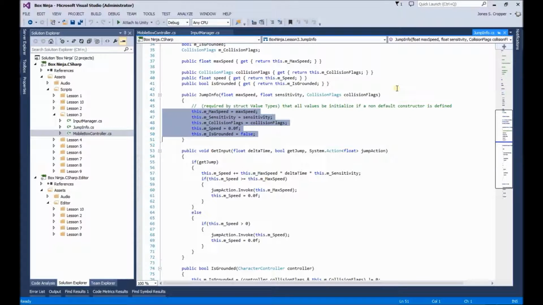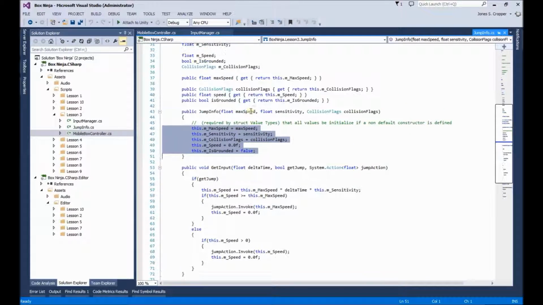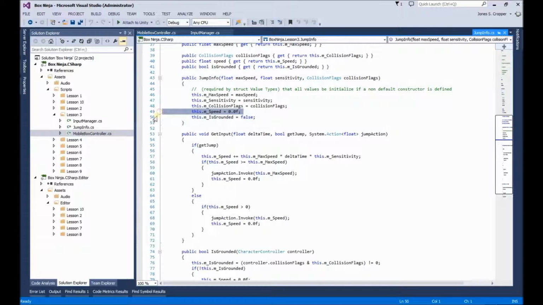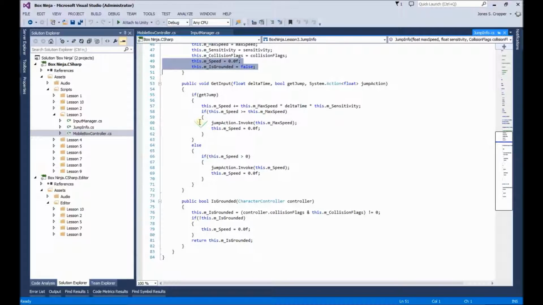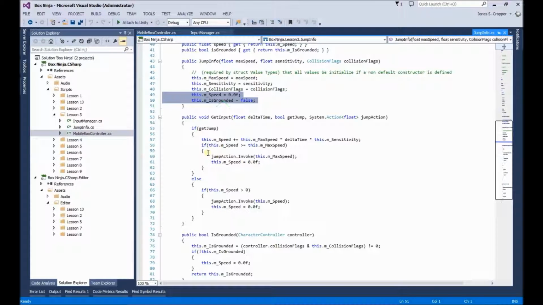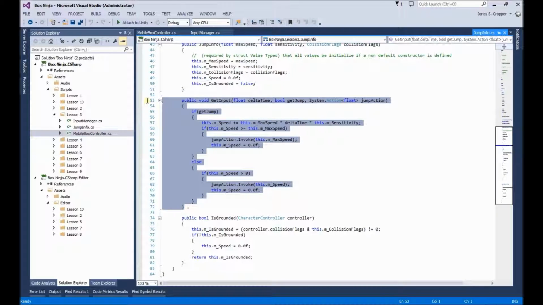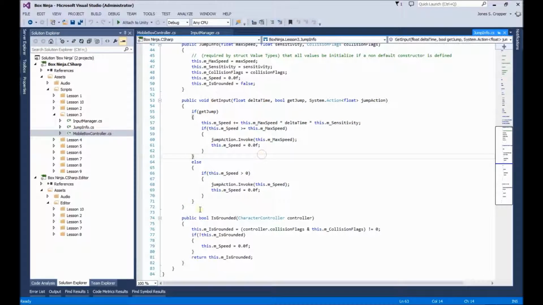So when we instantiate one of these structures, we set up all the values and we initialize the internal fields. When we call getJump, this function also we've seen before. It's abstracted from the